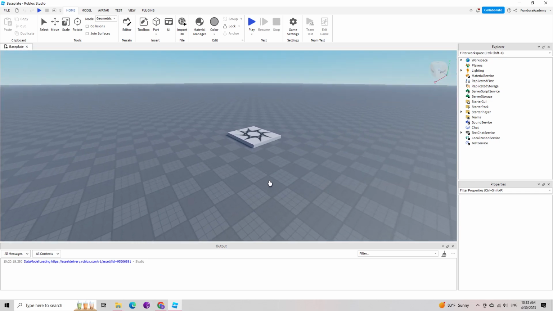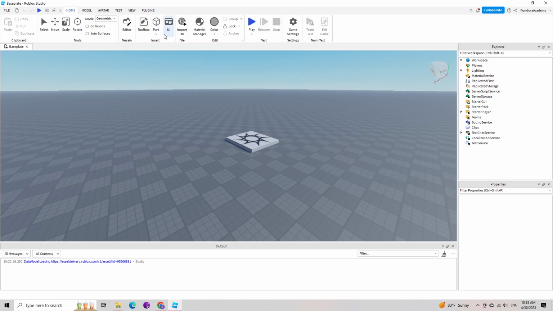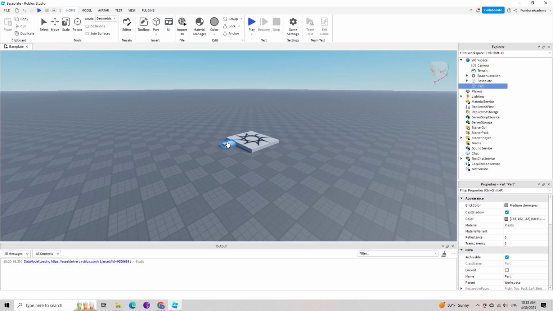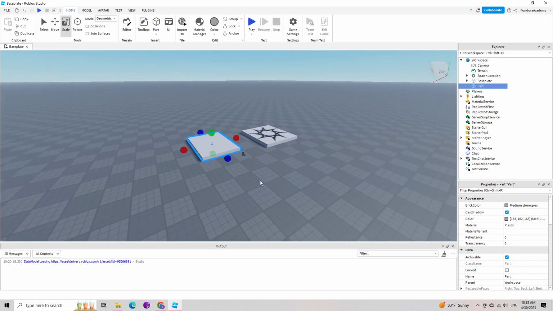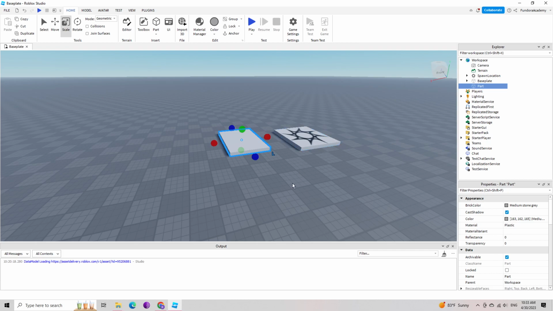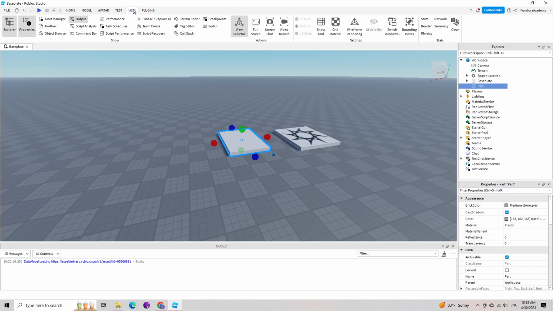So start from the simple step. Okay, first, let's create a part. Select it. I want to make it bigger, so it's easier for me to move the part. Also, I want to mention that you should have the Explorer window open, the Properties window open, and the Output window open. If you don't see them, you can always go to the View tab, here, and